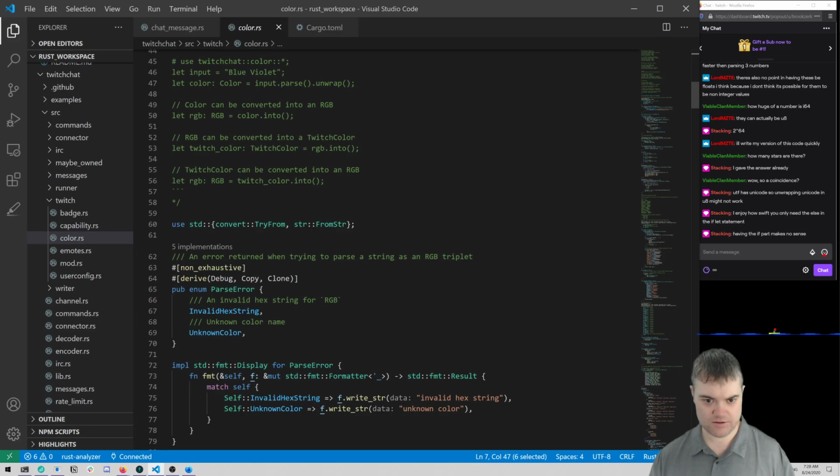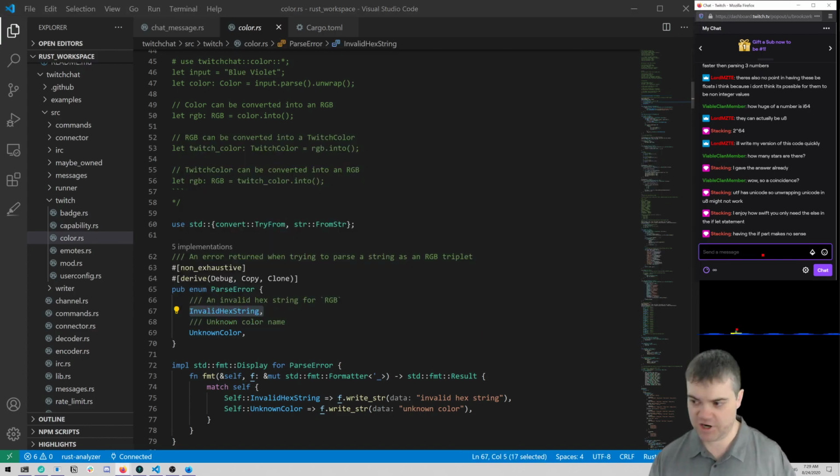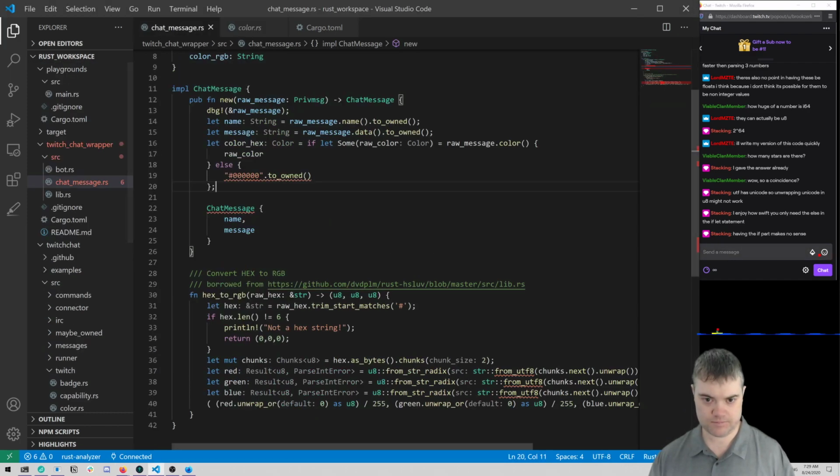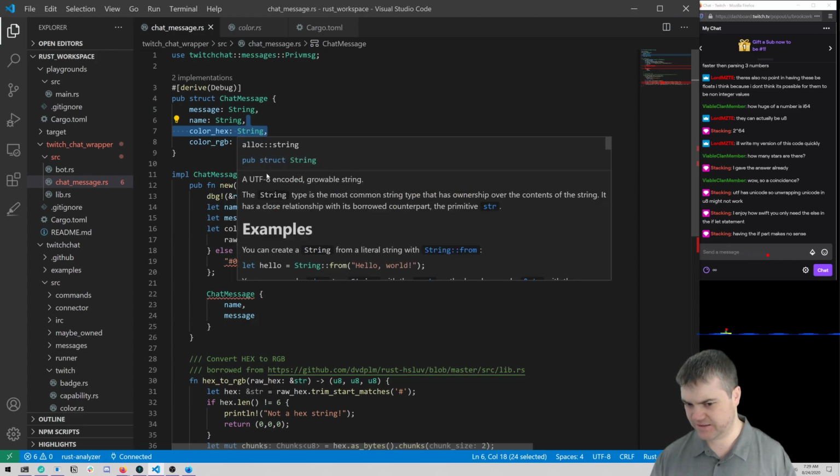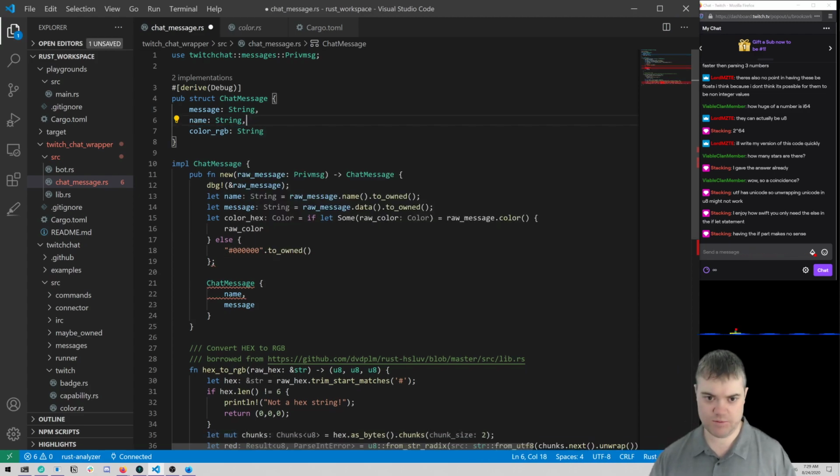That's all commented out. Okay. So I could theoretically do color.rgb. Hold on, let's not even have a raw color hex. Maybe it would be nice, but if I just have a color RGB that's this string, can I do this?